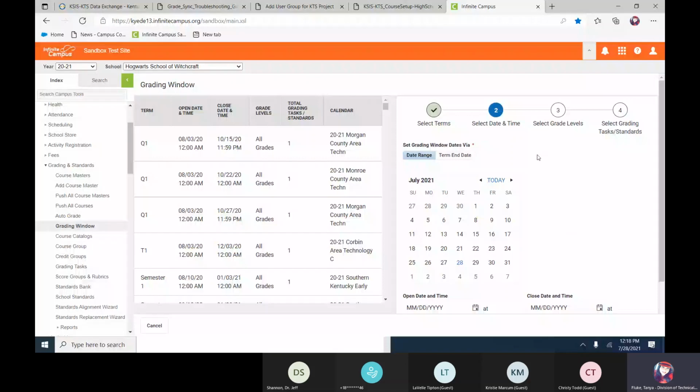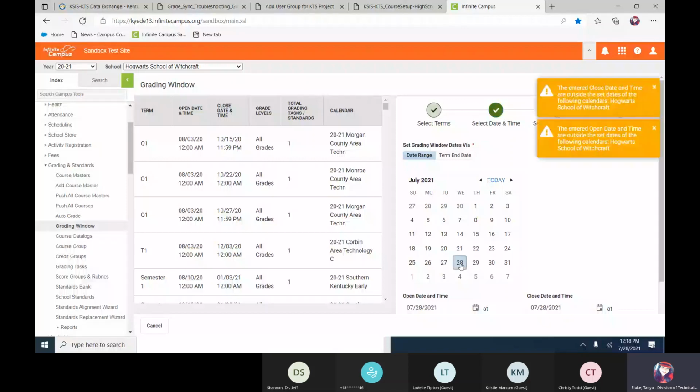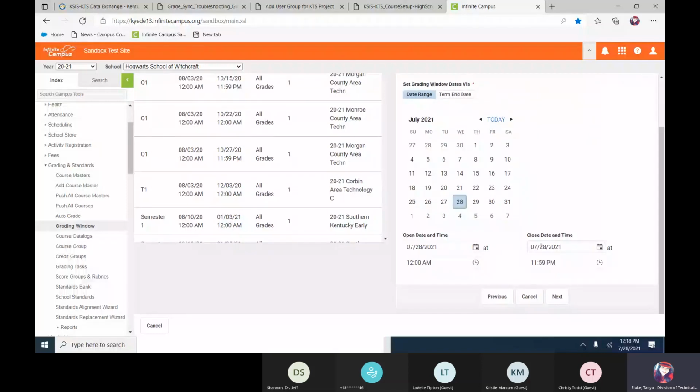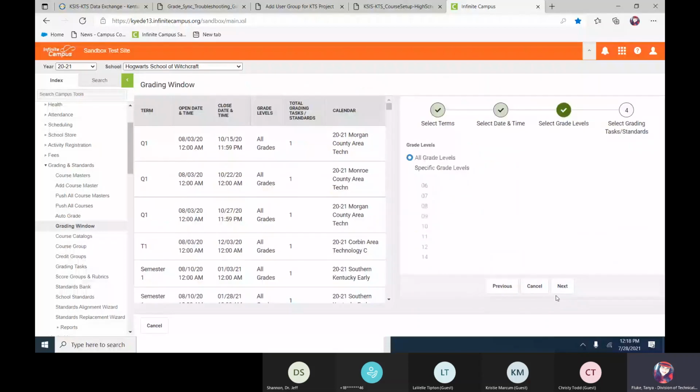So let's say I'm going to open this up for today. So I'm double clicking on that here. I've got my little alerts popping up. And I'm going to have this window open until Friday. Okay. Next. Now this is where I'm talking about the grade levels. Make sure that bullet for all grade levels is selected. You do not want to go down through here and check these boxes for our specific purposes for the KTS